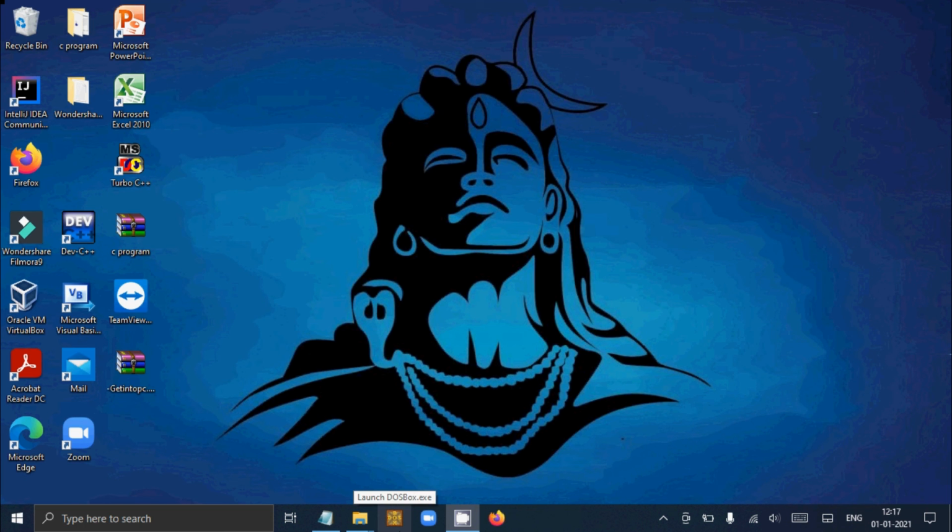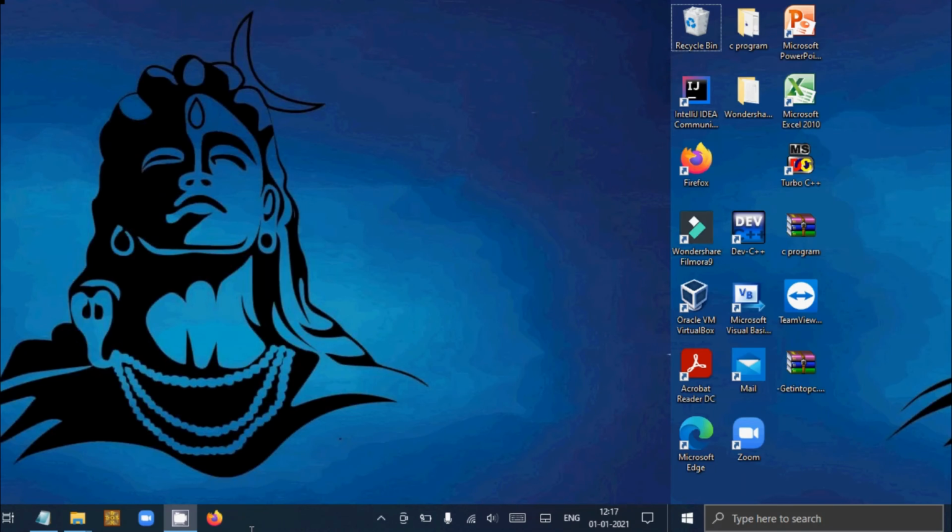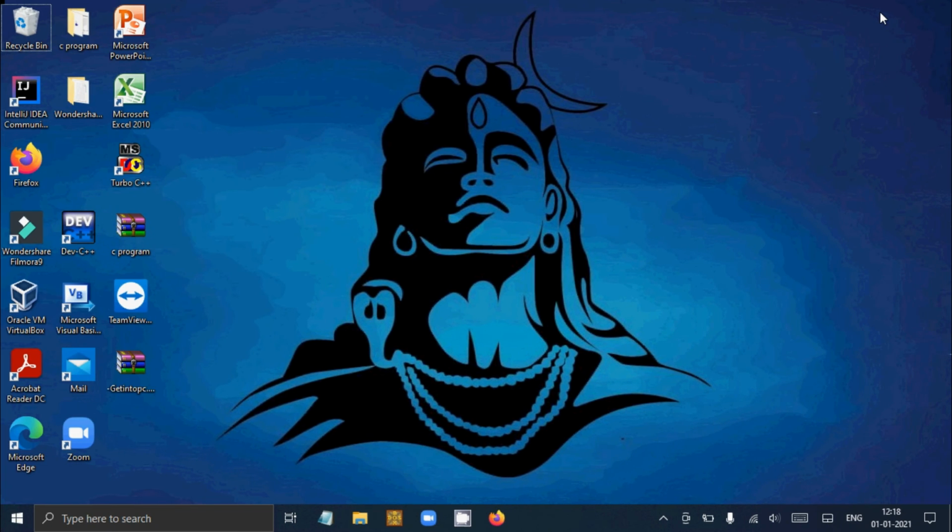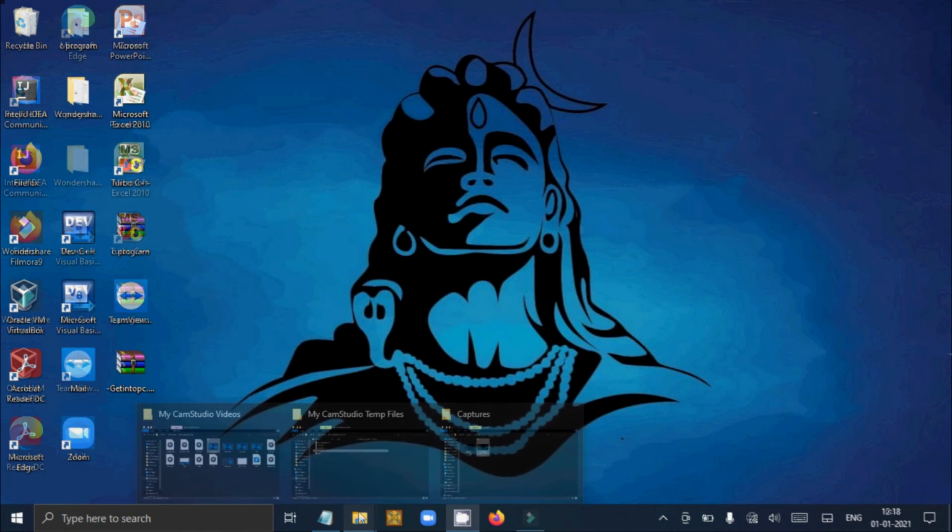And if you want to go back to the created desktop, then press Windows plus Control plus left arrow. Here you can switch with the arrow keys. If you want to delete this virtual desktop which you created, then press Windows plus Control plus F4. This is deleted.